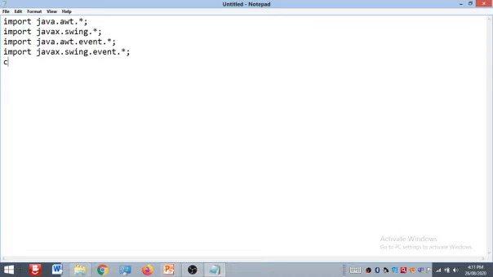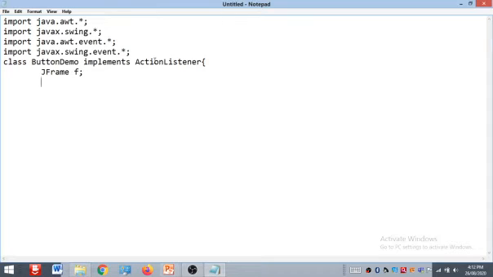So after this we start to implement that, so we create the class ButtonDemo, and that implements the ActionListener interface. Okay, ActionListener, it means whenever there is any action, then the ActionListener is going to register that action. Okay, so here first we create the container JFrame. We create the object of the JFrame class.